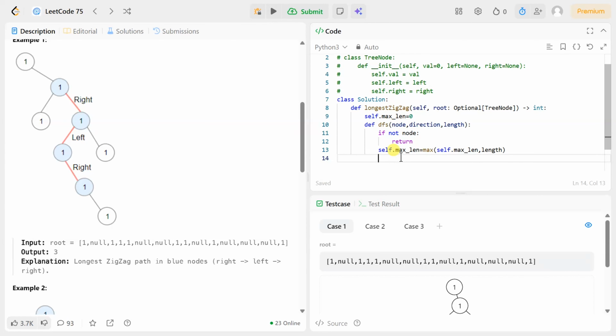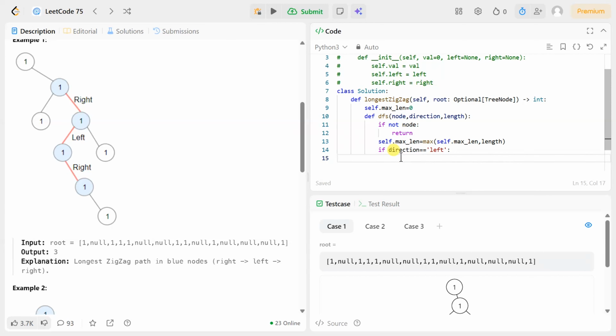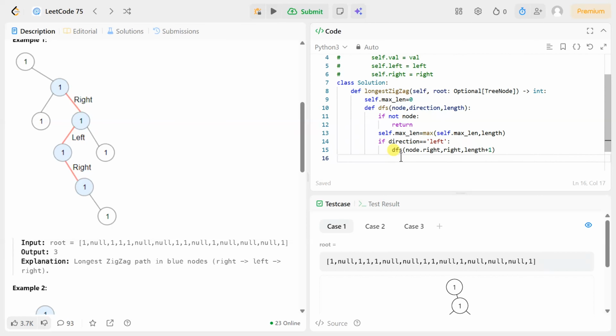Okay, and then we will check if direction is equal to left, then we will move in the right direction, node.right, right, length plus 1, and then we will restart from left, that is DFS of node.left, left,